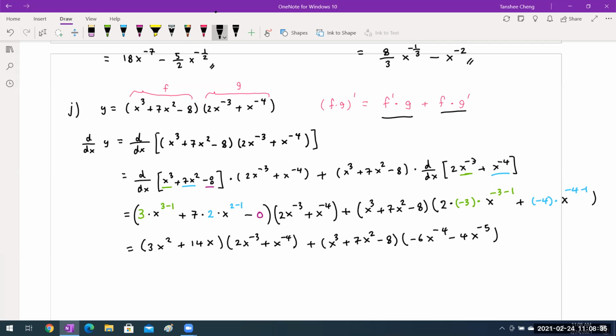And then close parentheses. If you want to simplify further, you can change everything into positive exponents, or you multiply it out and then combine like terms. But it is not necessary unless we need to do more, right? Later on, meaning if we need to take the second derivative, then that's when we really want to know